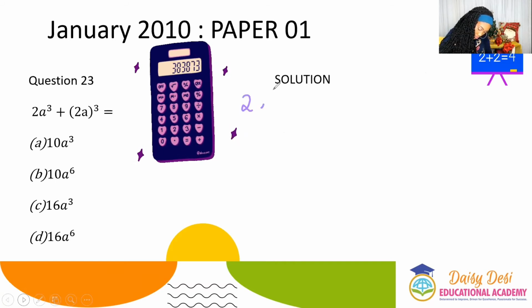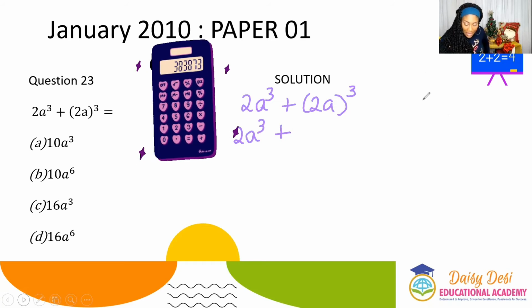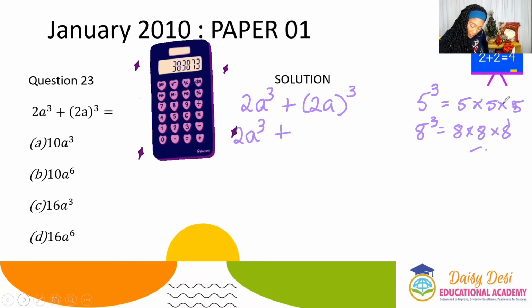Two a cubed plus 2a all cubed. That becomes 2a cubed plus, now everything in the bracket has to multiply 3 times. Remember, if we had 5 cubed, it means 5 multiplied by itself 3 times. If we had 8 cubed, it means 8 multiplied by itself 3 times. Therefore, if we have